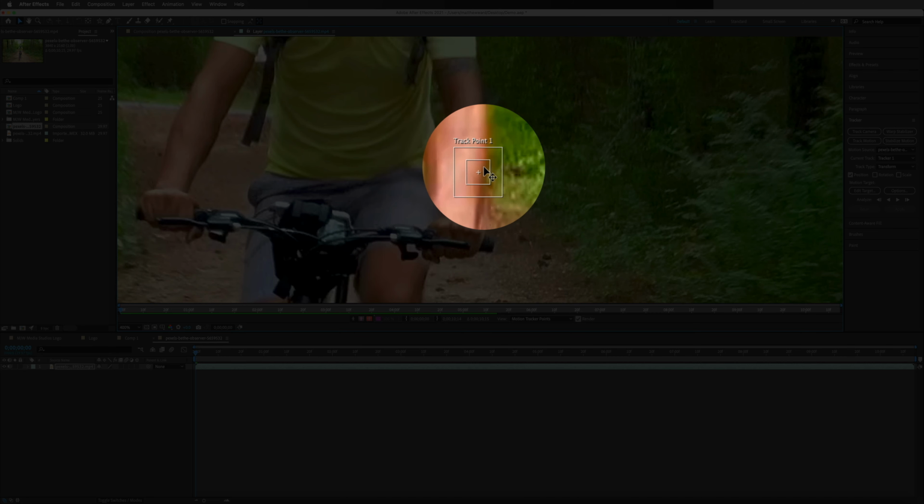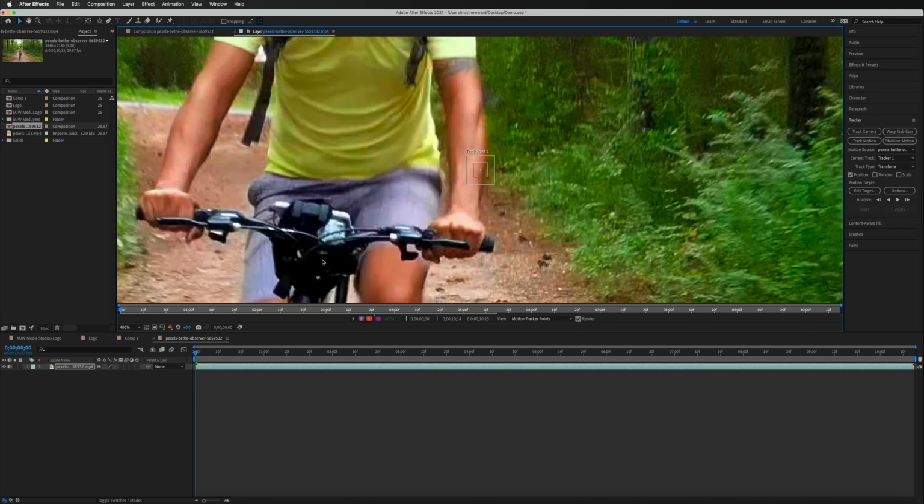So what I mean by this is what's inside of this little box here is going to try and follow a certain area of the video as it moves along. And if for any reason it goes outside of that box, then this outer box is going to search for it and then try and place it back in the middle. This is definitely not a great explanation. And like I said, you will need its own individual video, but I really want to just give you the basics of the tool.